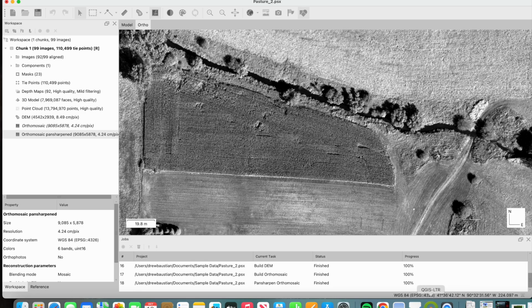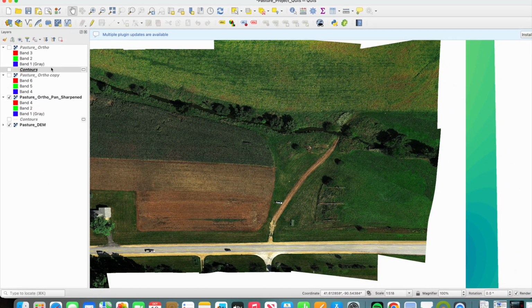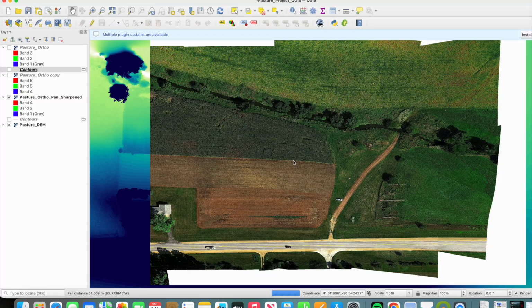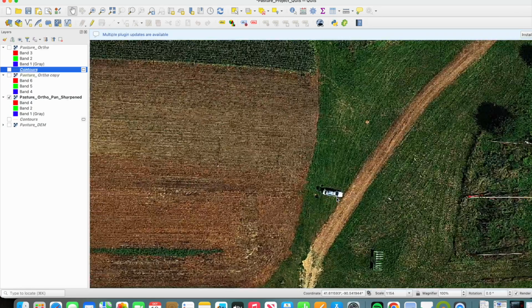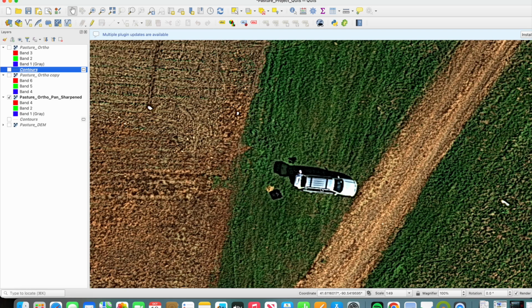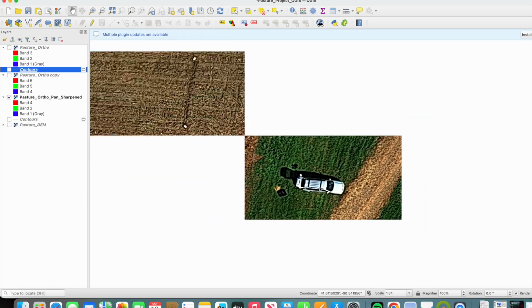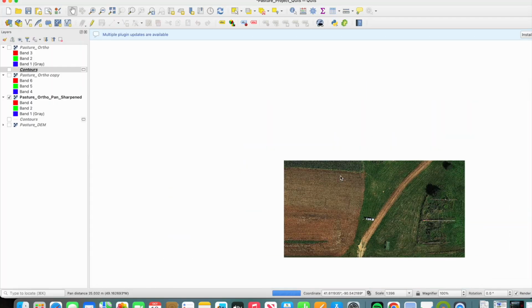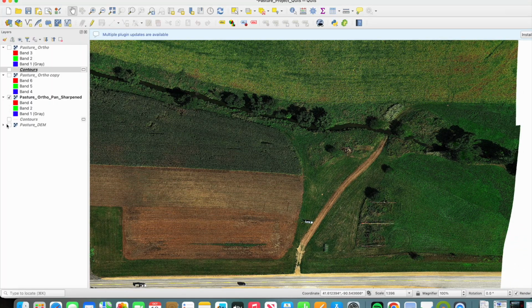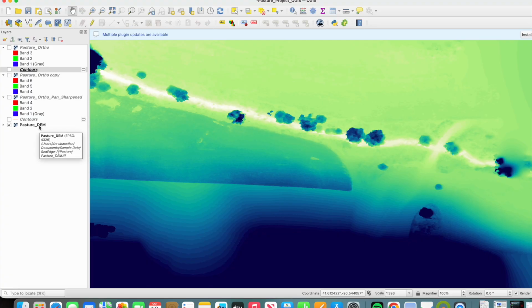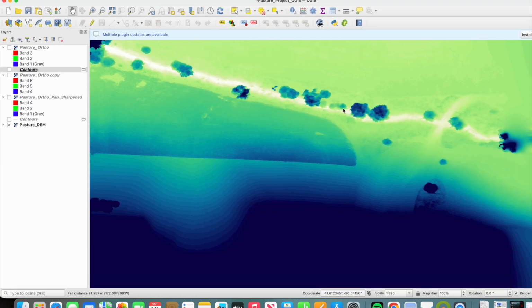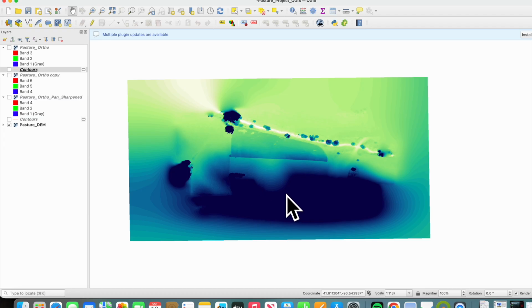And to see the results, I processed this data earlier and brought it into QGIS. And let me just deselect the DEM. And here we go. This is the colorized RGB composite from the RedEdge-P. And if you want to look at the DEM, the DSM, you can do that too. So I have that loaded in here as well. And I think I've got it pared down to certain values. I think I just wanted to look at the creek,